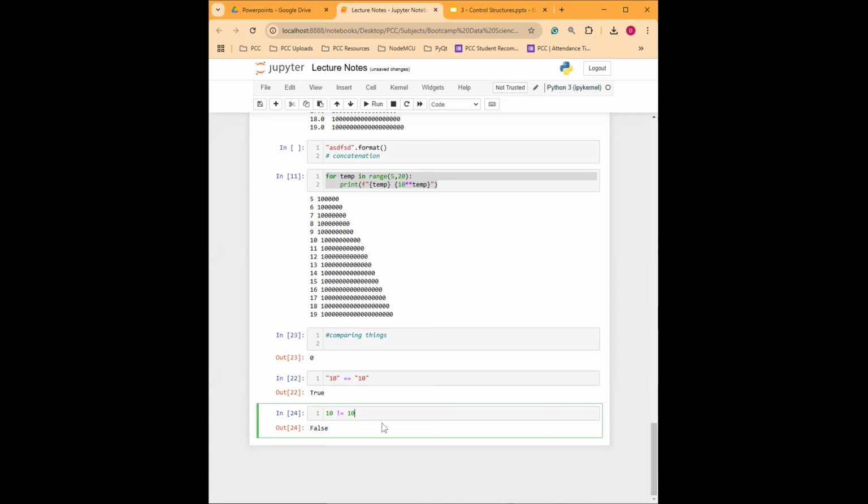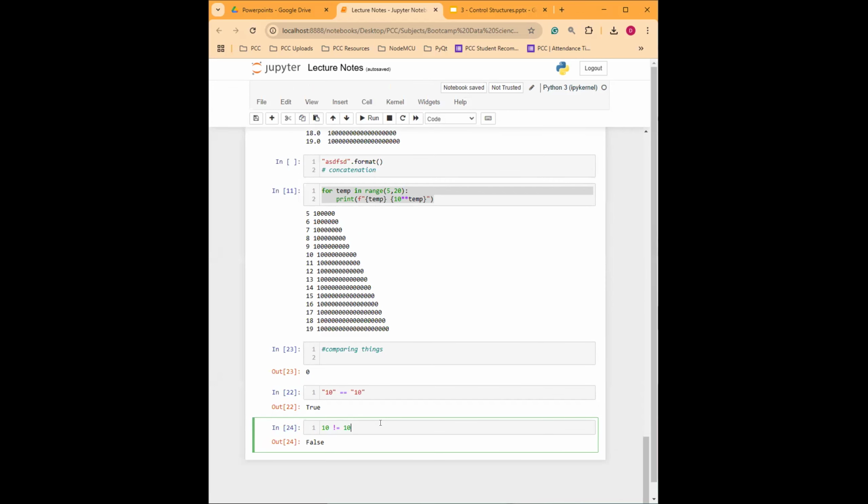Instead of checking for 2, 5, 7, and 9, right? You can just use the not equal operator, okay, to